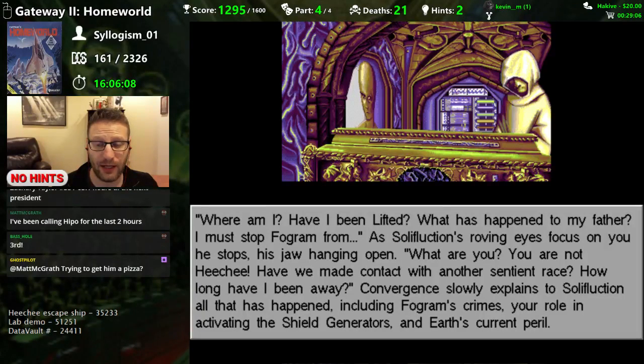Where am I? Have I been lifted? What has happened to my father? I must stop Fagram from...